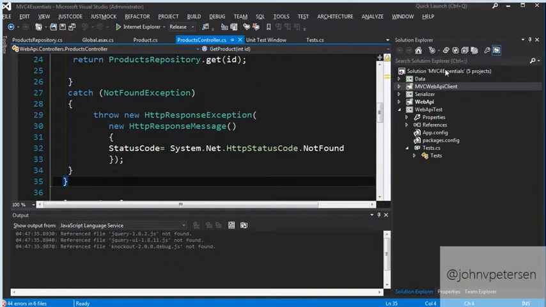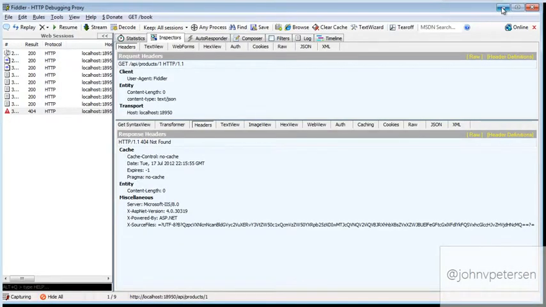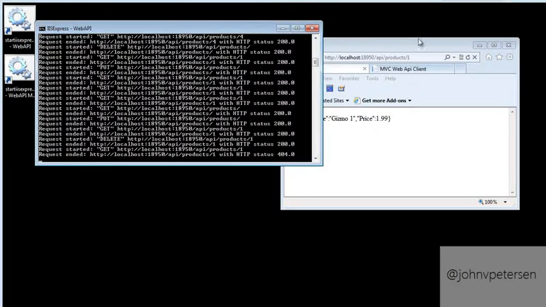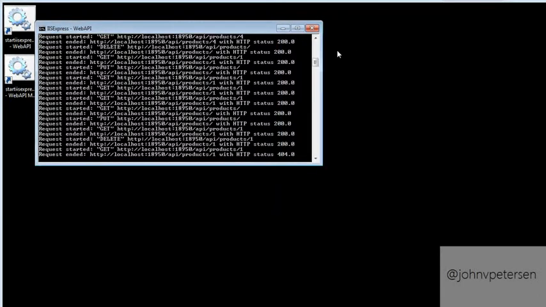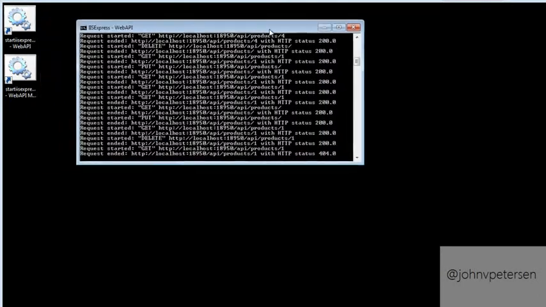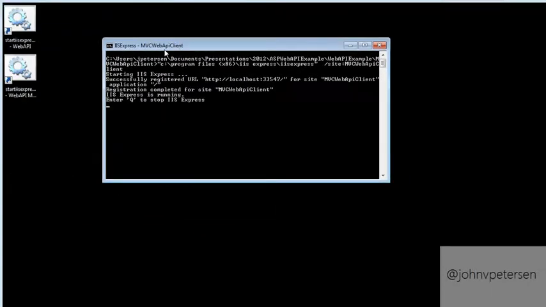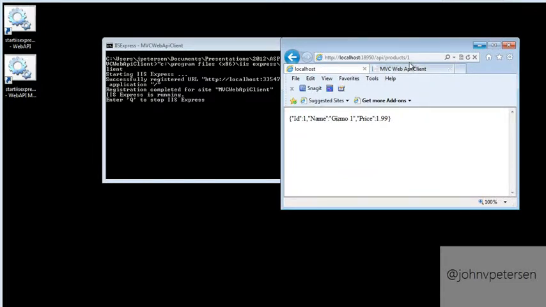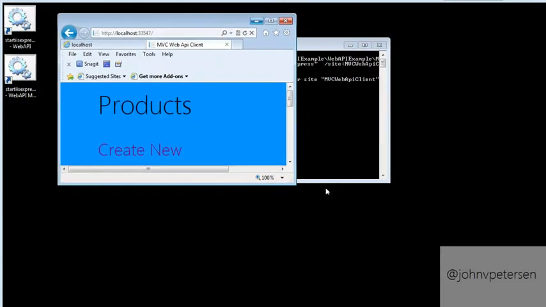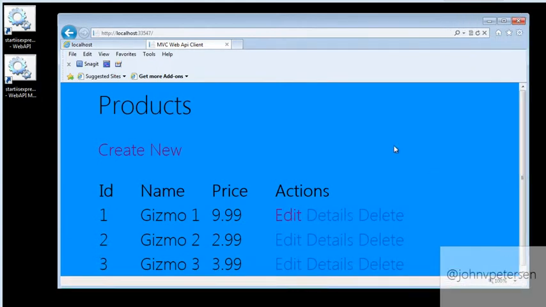So let's take a look over at MVC and let's see what we have here. Let me go ahead and just minimize a few things here. So here's the web API. I need to keep that up and running, but then I have another web application, which is the MVC client. I'm going to go ahead and double click that and just bring that guy to life. And let me go ahead and bring up that API client and what that looks like in the browser.